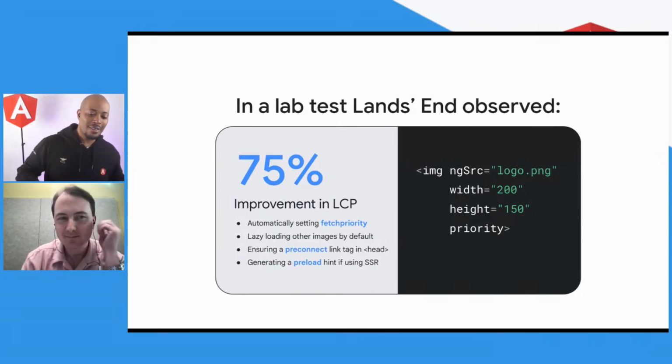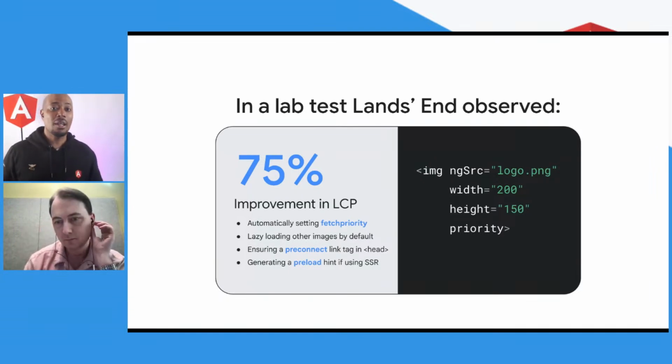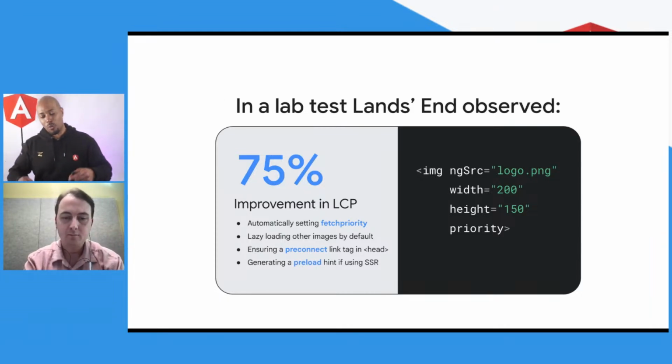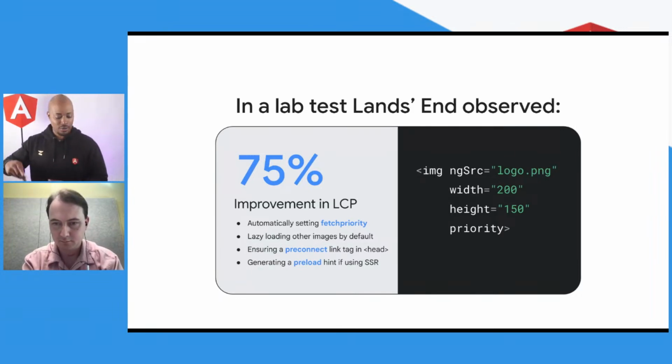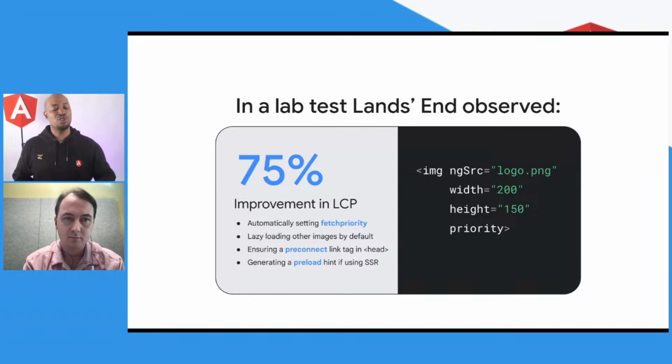Here's what we found out. If you're not using the image source thing, the ngSrc, you're really missing out on a lot of performance. So we built this with the Chrome Aurora team, and you get a lot of details. One thing I really love about ngSrc is that once you use it, if you don't specify all the optimizations, you'll get warnings in your browser terminal. It'll let you know what to fix. And guess what? When Lands' End did this, boom, 75% improvement in largest contentful paint. You mean to tell me these types of numbers aren't meaningful to you? I know they are. So go ahead and use it.